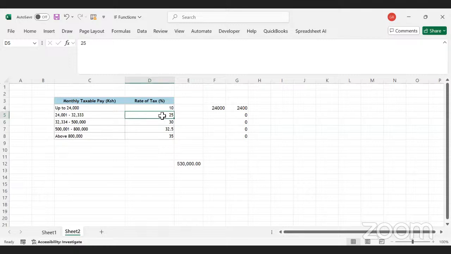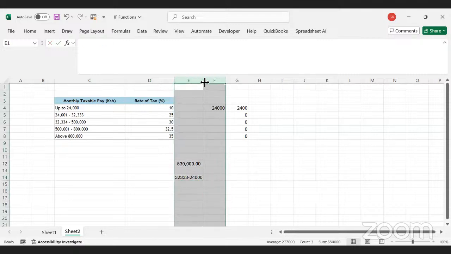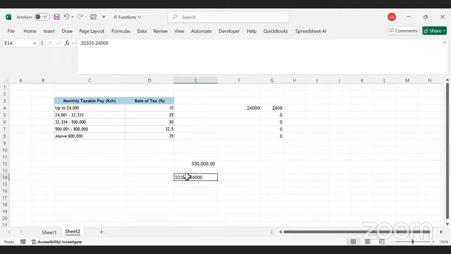25%. So you will take the difference. So you will say 32,333 minus 24,000. Whichever you are getting here as a difference will come here, and then you multiply by that rate of 25%. If I copy this and then say equals, or I equate with this,